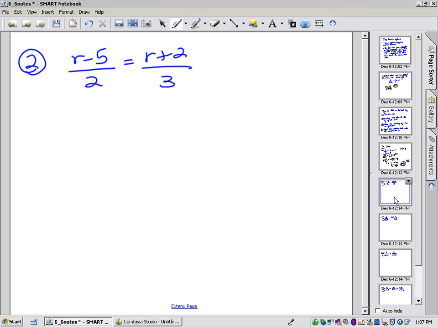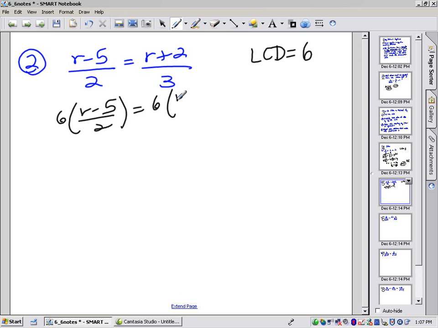Another example, r minus 5 over 2 is equal to r plus 2 over 3. The least common denominator there is 6. So you can multiply both sides by 6. This might look familiar to you when we talked about ratios and proportions, where you could cross multiply as well. But it's the same result. If we multiply the left by 6 and the right by 6,